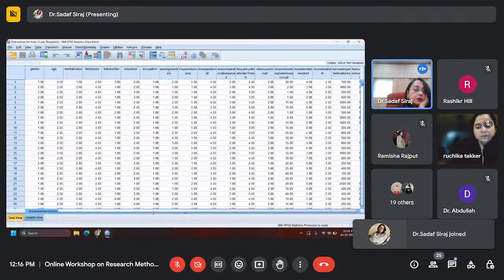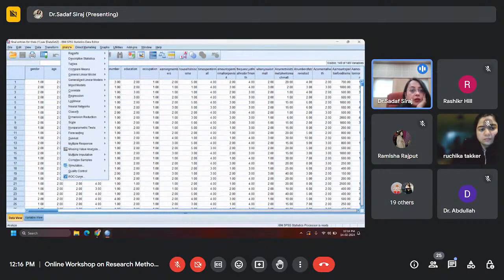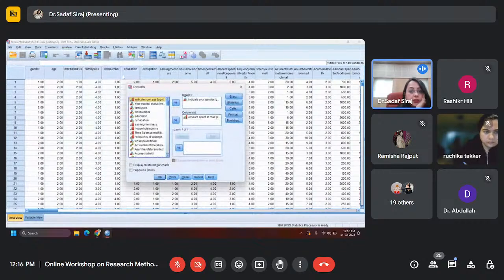So the same set of data I'm having, very similar to cross tabulation, I'll go about it. I'll go on analyze, I go on descriptive, and descriptive, I go on cross tabulation. And I have taken gender and I've taken amount spending behavior, and we saw that the males were spending more amount of money, although they were spending lesser amount of time in the mall, but yes, they were spending more amount of money in the malls.